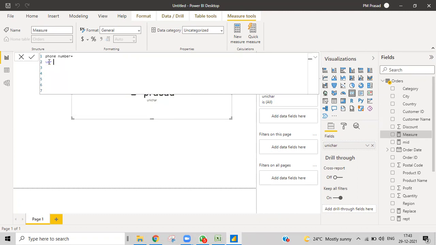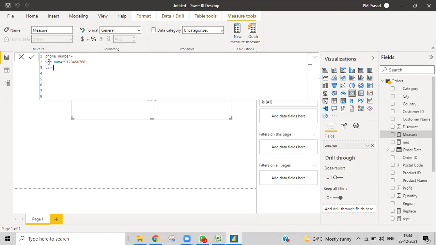Here every time you can give a variable, and then write something you want, like my number. I'll write it like number, and then I'll give it equal to, and here I want to write my number: 9, 1, 2, 3, 4, 5, 6, 7, 8, and 0. I can take it directly, but I want to use variables so that it will be easy for me to use later. Again, Alt Enter, variable.